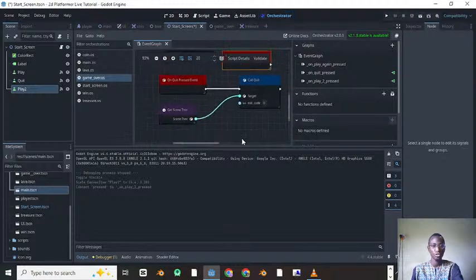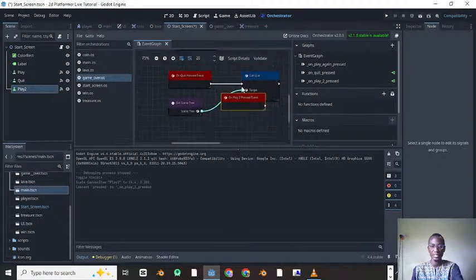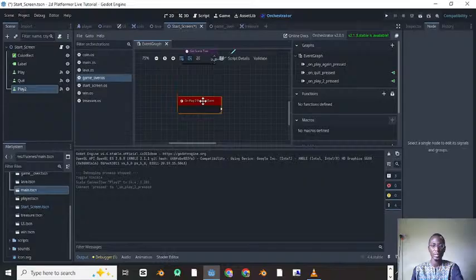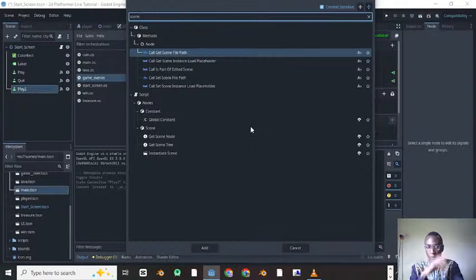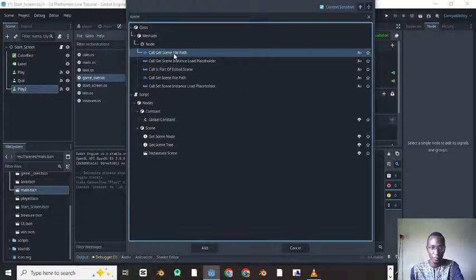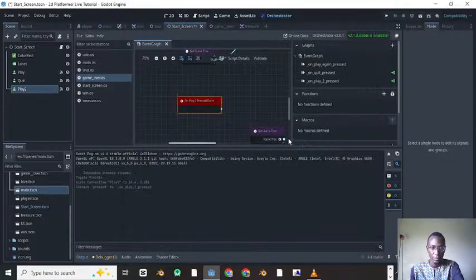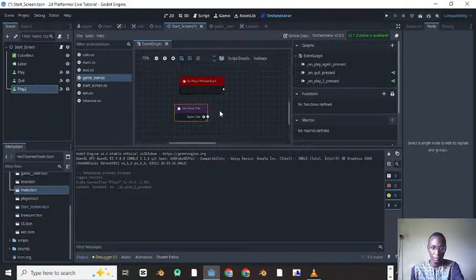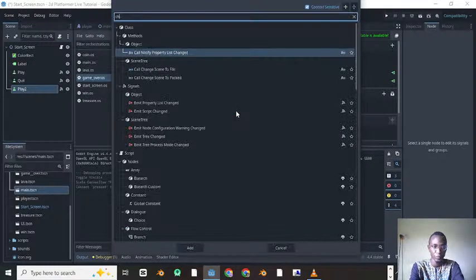We're going to use everything fresh, so in case there is any bug somewhere, we will avoid it. So right click, get your scene, scene tree, change,